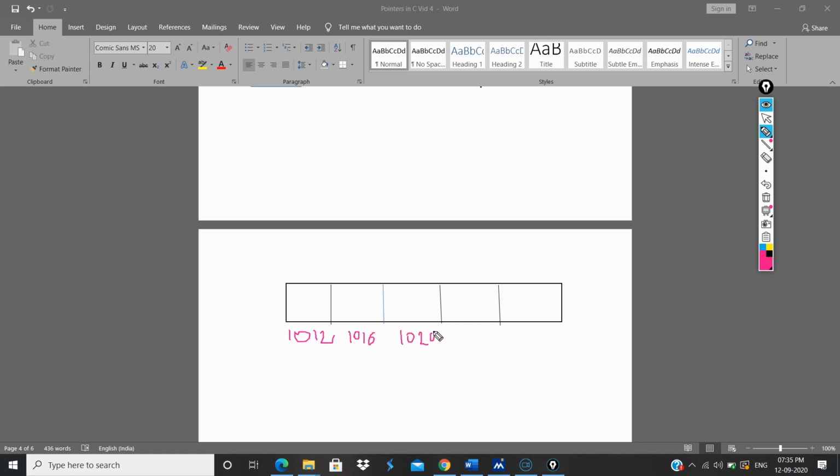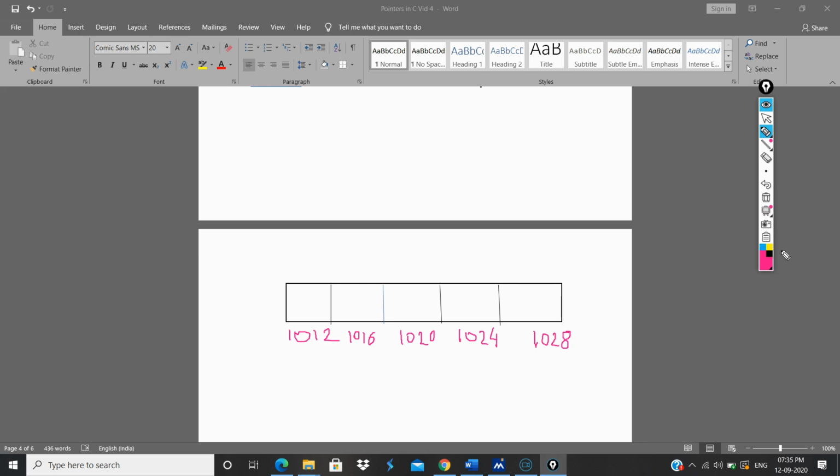The next addresses are 1024, and this one will be 1028. This is how the addresses are written. I mistakenly pressed the clear screen button, so everything got omitted in an instant.